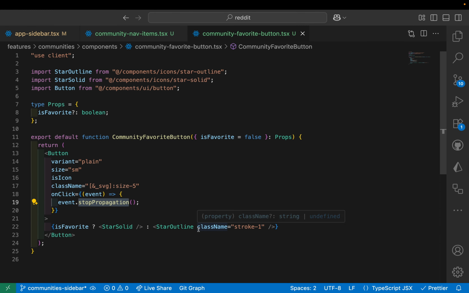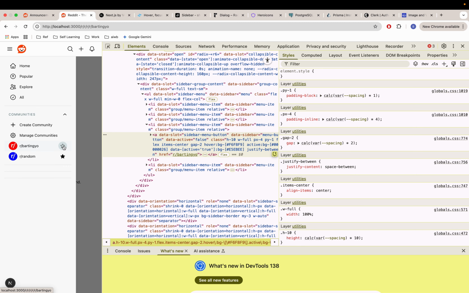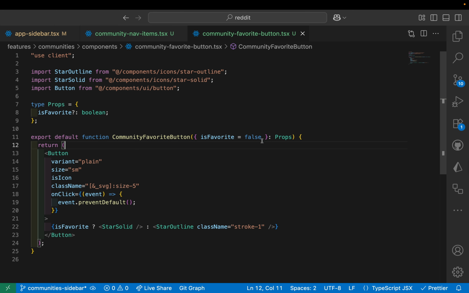So then in this case, let's prevent the default, right? Because we're using the anchor tag, not the button. Oh, now it's working. Awesome. This is exactly what I want. And then to